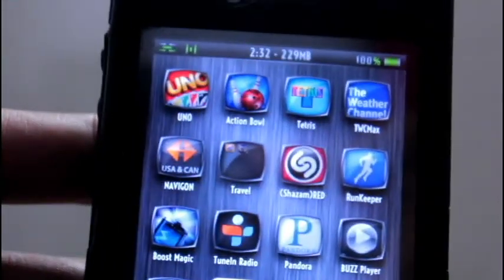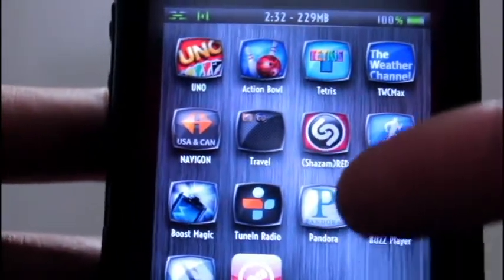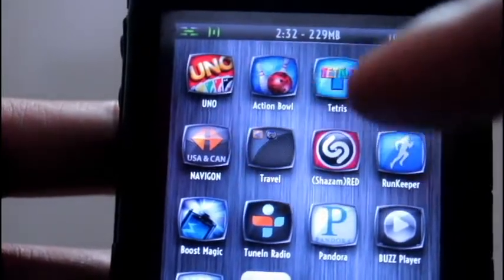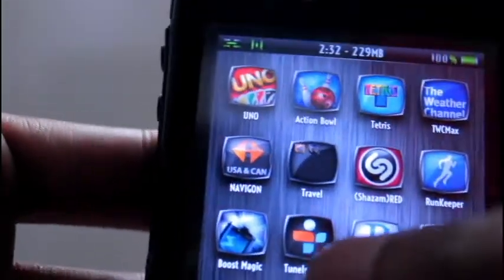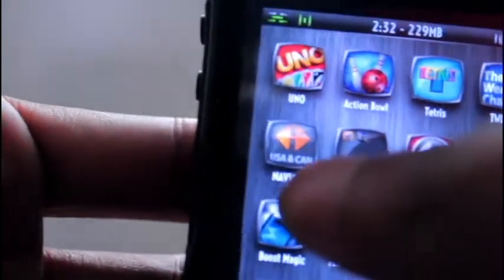And you can see the icons are different. That's also theme related. It changes all the icons, which is pretty cool. It gives them a little border, kind of more of a glass look to them. This is a nice app,